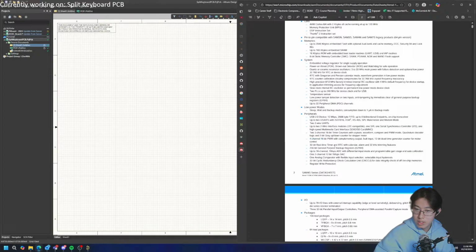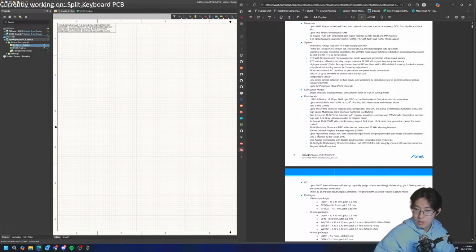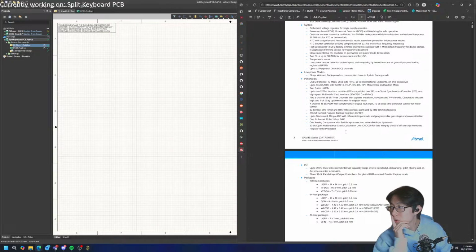PWM generation. I don't need any of that. There's actually so much on here. USARTs with RS485, UARTs. Okay, 16-channel 1 megasample per second ADC with differential input mode, programmable gain stage, and auto calibration. Digital to analog converter, 2-channel 12-bit. The 16-channel 1 megasample per second ADC, that's the one that I'm really looking at. Because the thing is, if I want to do a Hall